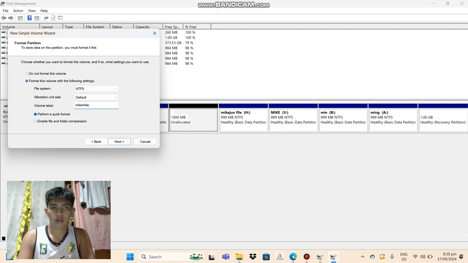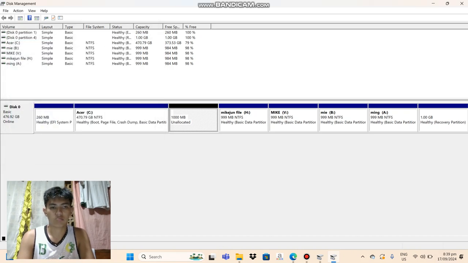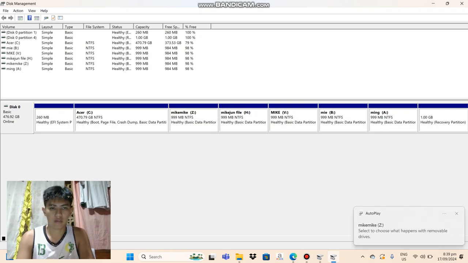After you decide what name you prefer, just click next and finish. Then it will load. So the partition file system is already made.